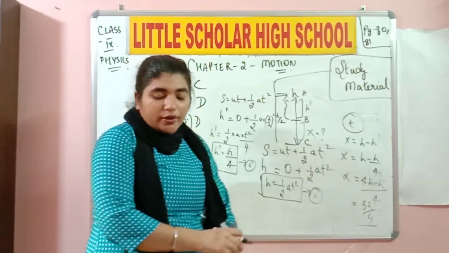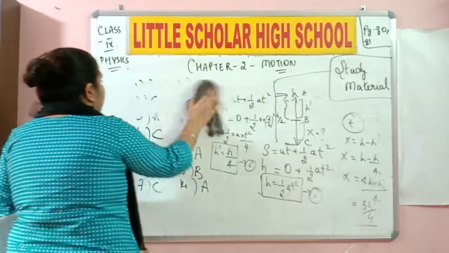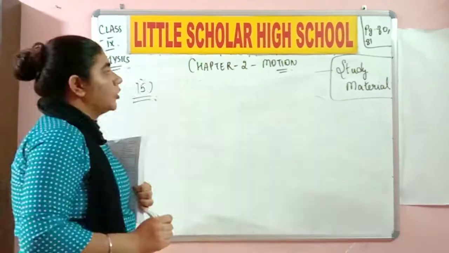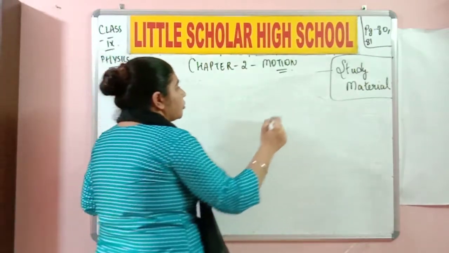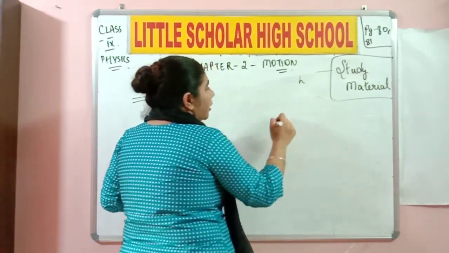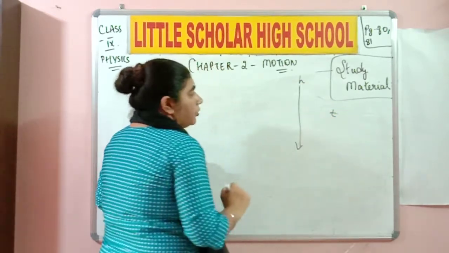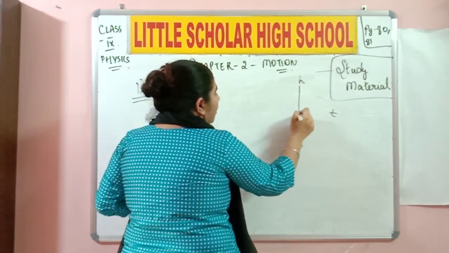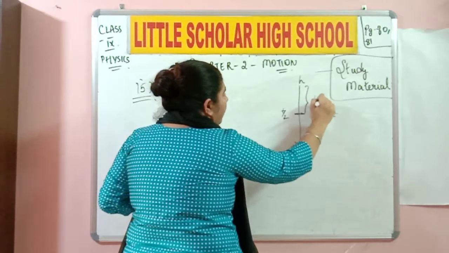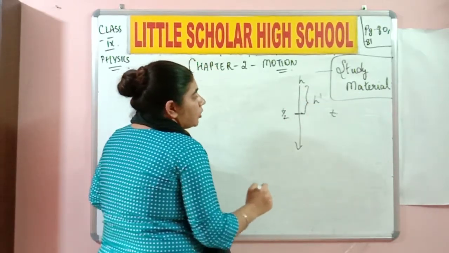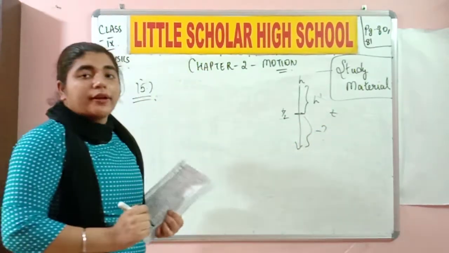I will write the entire board a little neatly so that you understand what I am actually doing over here. We are going to write the problem again so that you copy it properly and do not make a mess again. We are going to throw the object from height h, and it takes time t to reach the ground. Do you understand? And at time t by 2, the height is going to be h dash. What I need to find out is, from the ground till t by 2, what is the distance? That is what I need to find out.